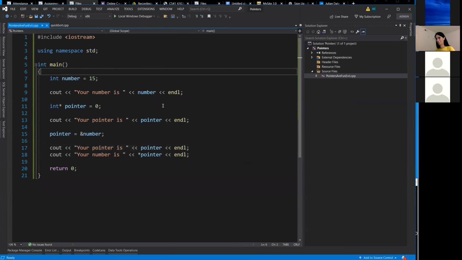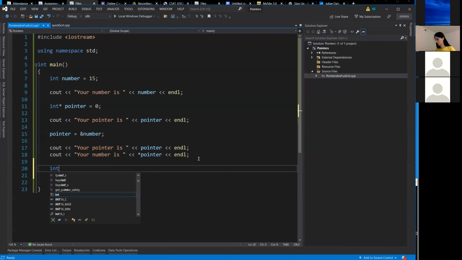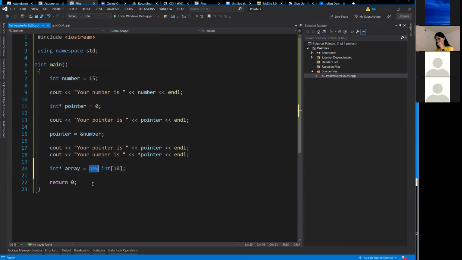All right, so in our class, we won't be doing much of that. We will be dynamically allocating things, such as dynamically allocating an array. Whenever you're using the new keyword, it gives you back a pointer, a memory address of where memory was allocated